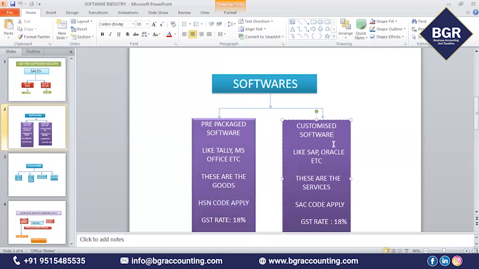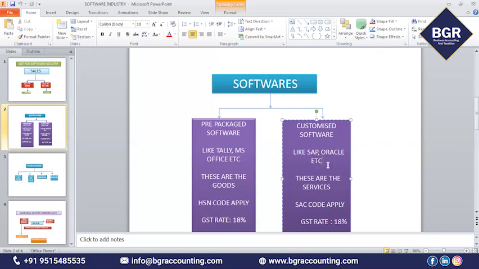What is customized software? Customized software means the software is developed based on the customer requirement. The software company starts developing the software whenever the order is received, according to the customer requirements, like SAP, Oracle, etc. Suppose your company wants SAP.